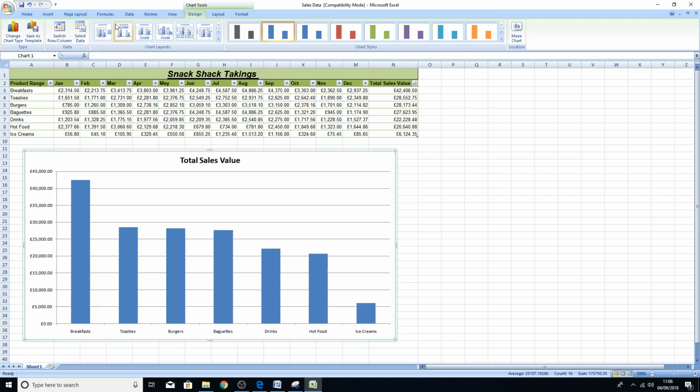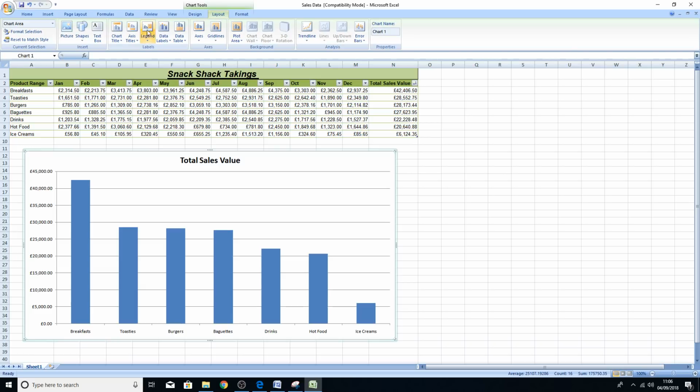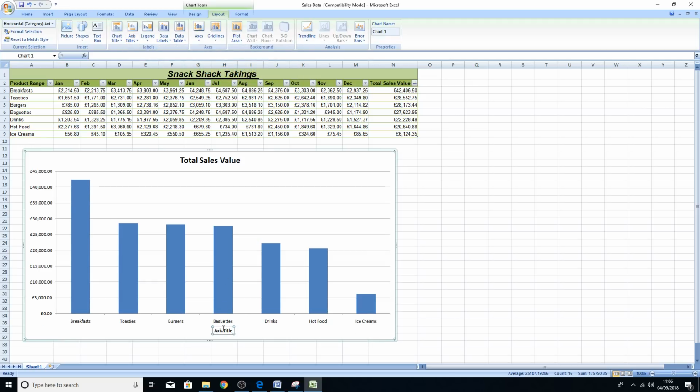So if you go on to layout at the top here, where it says chart tools, you've got design, layout and format. What we need is layout. As you can see, you've got axis titles, chart title as well, but we've already got one. So if you go on axis titles, we'll go on horizontal and then put title below axis, and you'll see there it says axis title now underneath there. But what are those? It's the product range, isn't it? So just type in product range,